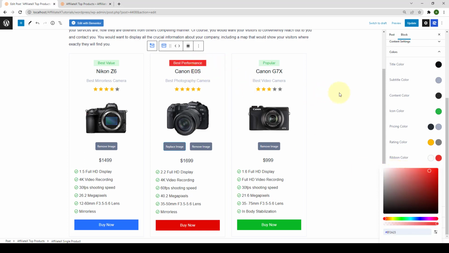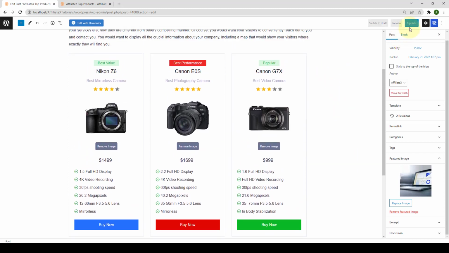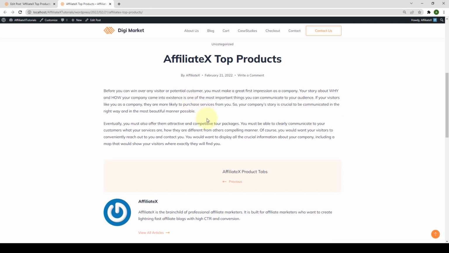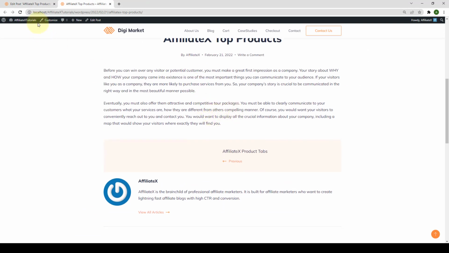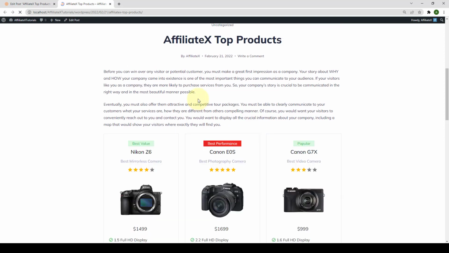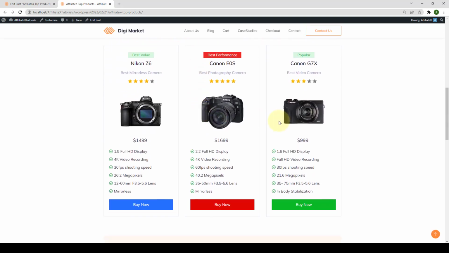This looks good. So now we will click on update and we will go back to the same post that we had opened in the beginning. We will give it a refresh. And here is the Affiliate X top products block.